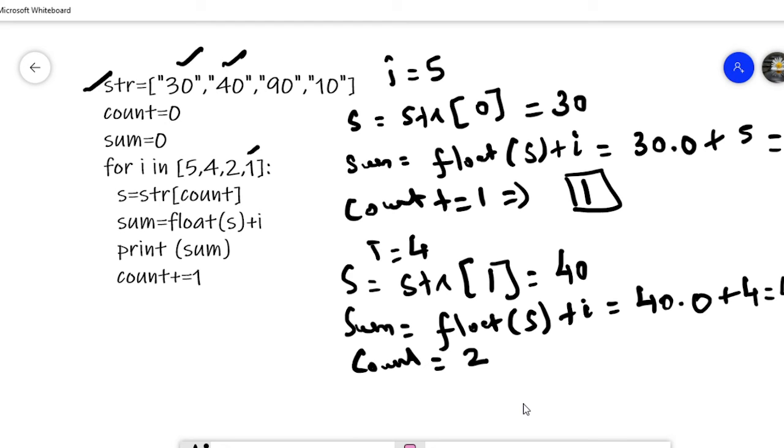In the next iteration, the i value is 2. s equal to str of count. What is the value of count now? It is 2. So str of 2 denotes the third element of the list str, that is 90.